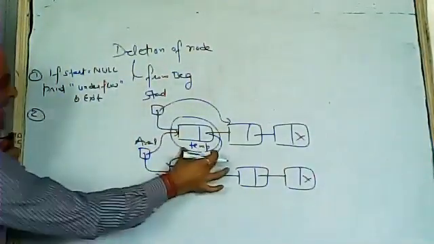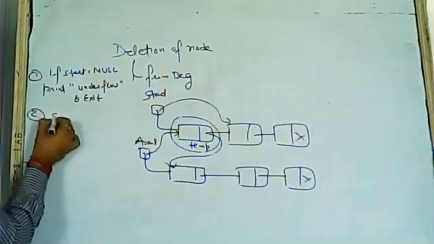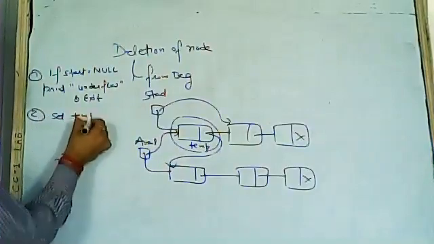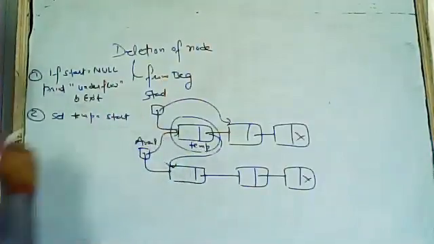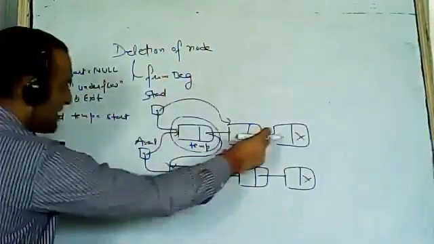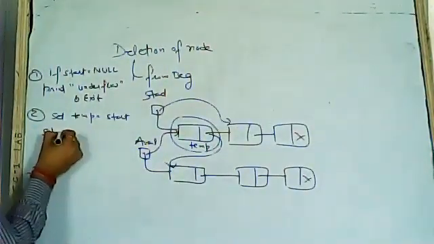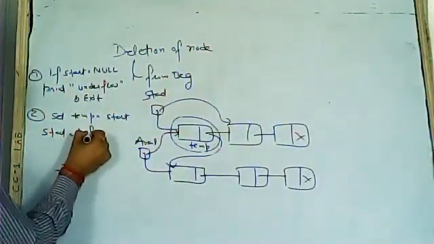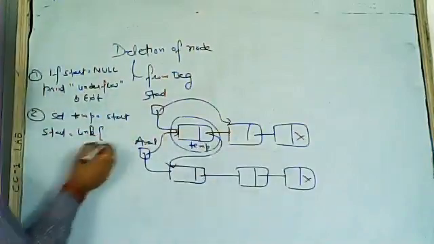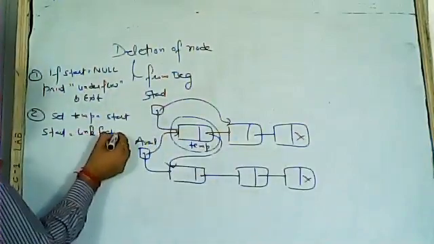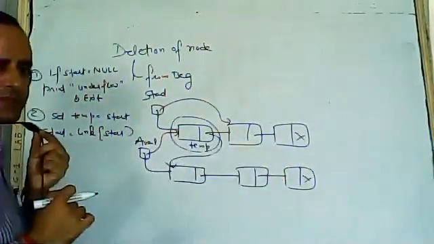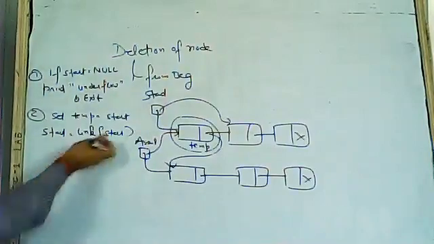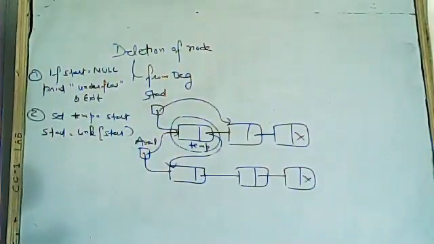Second step: I took a temp node. So set temp is equal to start. Start node को मैंने क्या नाम दे दिया? Temp. And the new start will be link of temp, or you can say link of old start. Earlier this was start, now its link is start. Link of temp, हाँ, link of temp भी लिख सकते हैं. There is no issue. Is it clear?